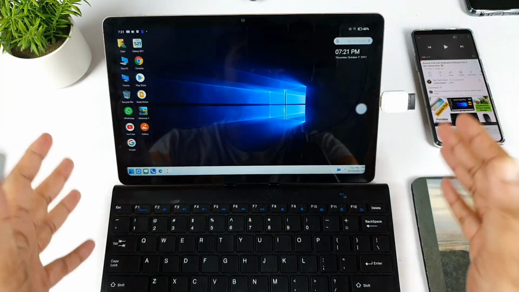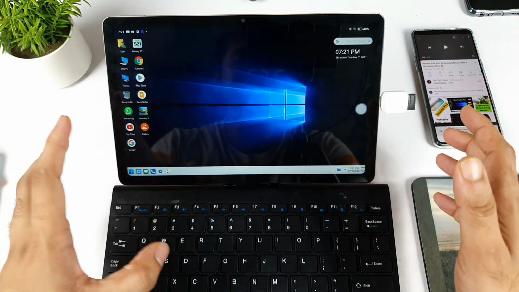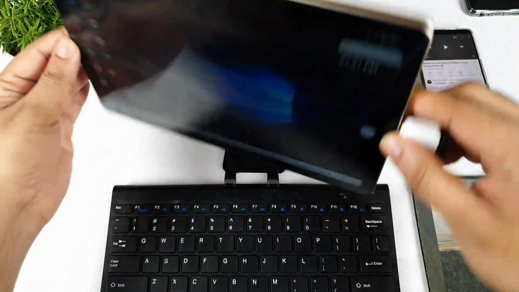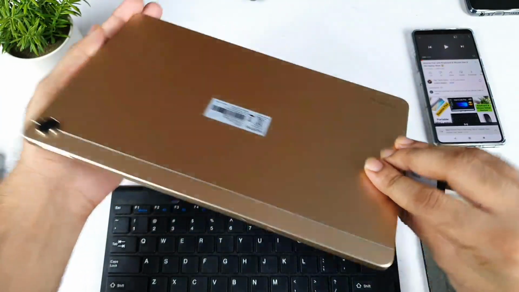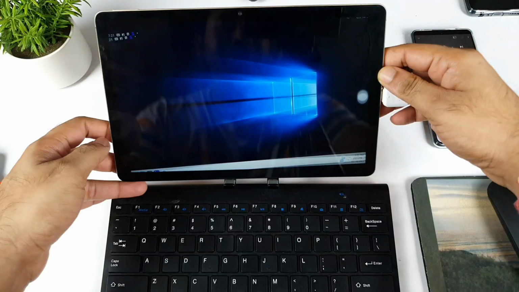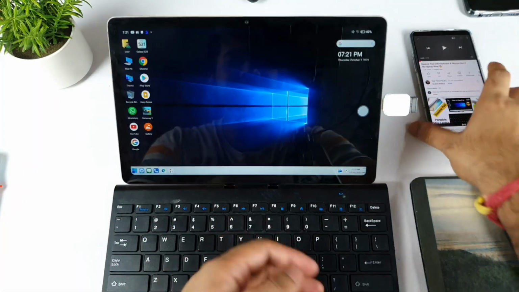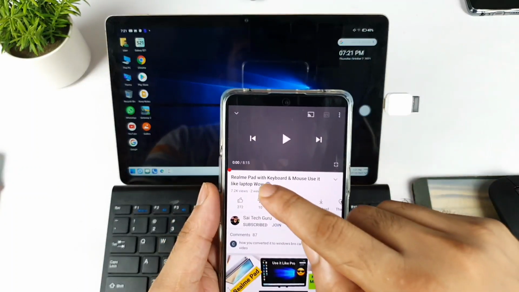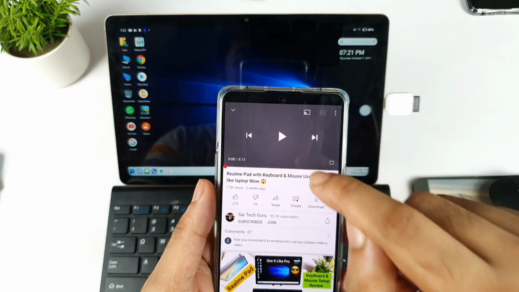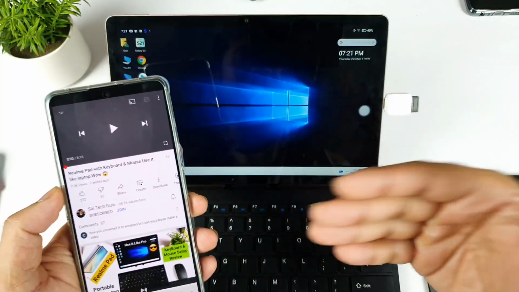In this video I'm going to show you how you can actually set up the Windows type look in the Realme Pad tablet. As you can see, this is a Realme Pad which I'm trying to use right now, and this is the most requested question on my channel, asking me to make a video on this particular topic. The main reason is that previously I uploaded a video on the Realme Pad with the keyboard and the mouse. In this video I used the Windows type theme, and a lot of views.